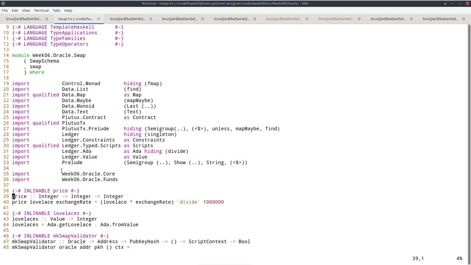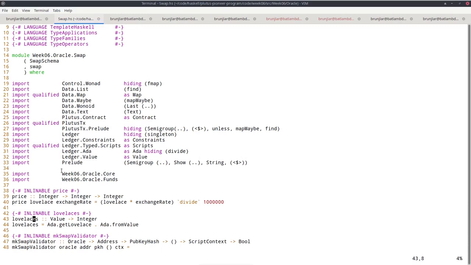And so the idea is that we use Lovelace and we also use this US dollar token with a factor of 1 million. So $1 would correspond to 1 million of those tokens. So I start with a helper function that I call price, given an amount of Lovelace and an exchange rate, expressed, as I said before, as an integer where the actual rational number is multiplied by 1 million, get the price of that token. And I must just multiply the Lovelace by the exchange rate and divide by 1 million.